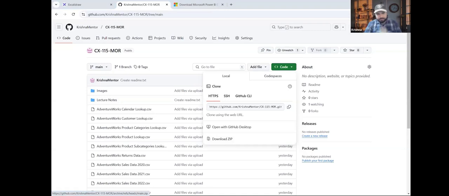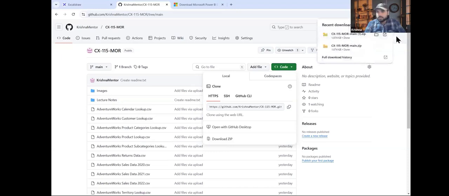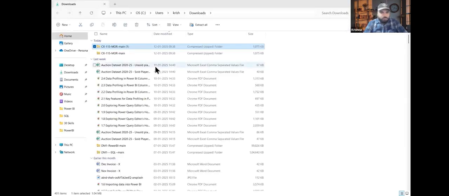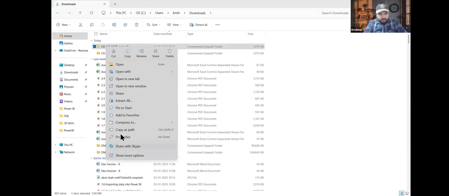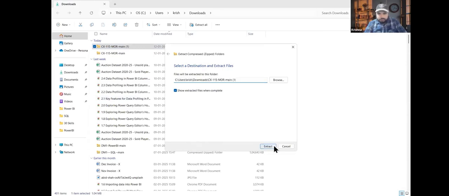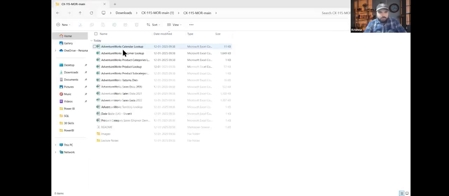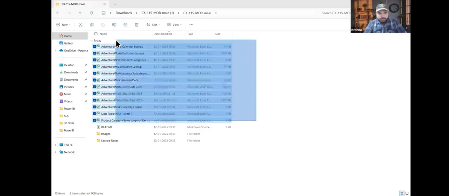Just go to your folder, right click on it, unzip it, extract all. So this is a folder having all the dataset given to you.